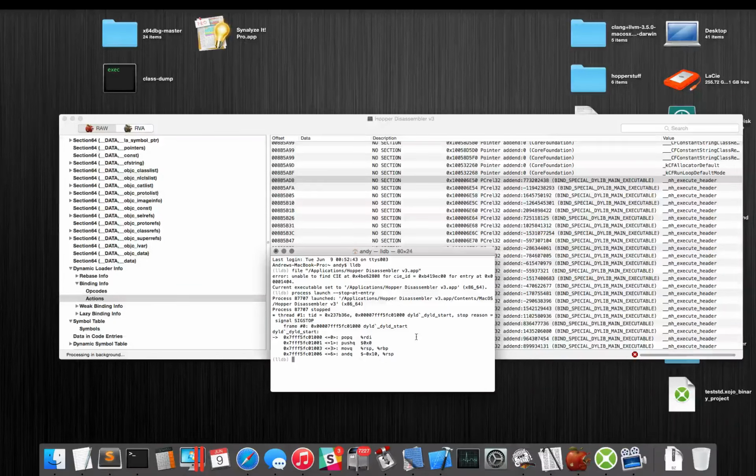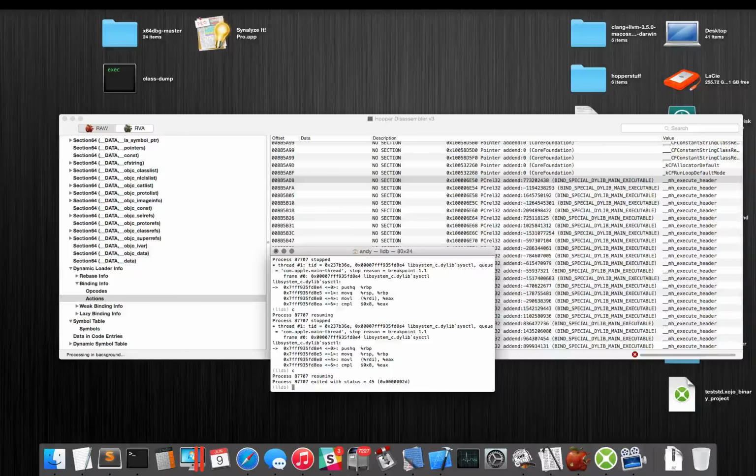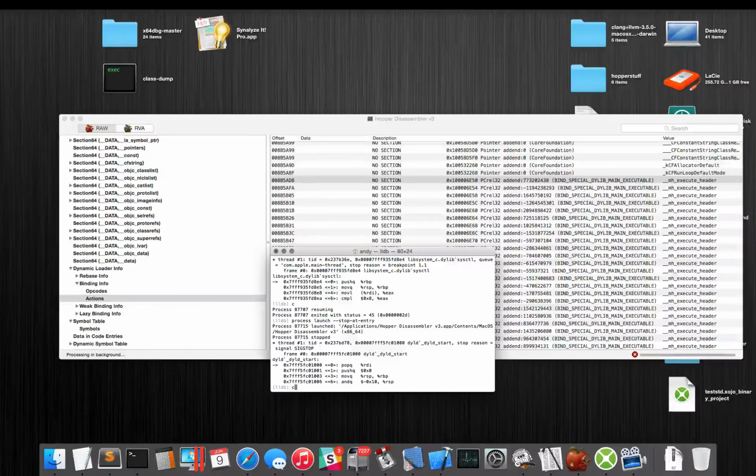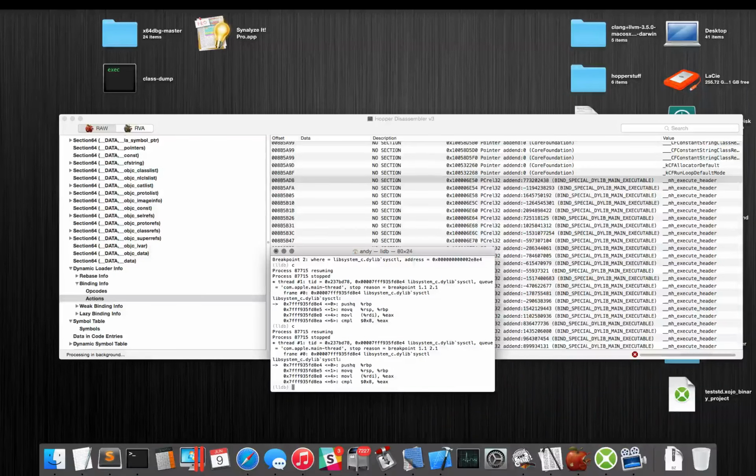And to do that, I usually will set a breakpoint by name at syscontrol, and then hit continue, hit continue, hit continue, and we're kicked out. So we want 2 continues. So we're going to 1, 2. Now if we do memory